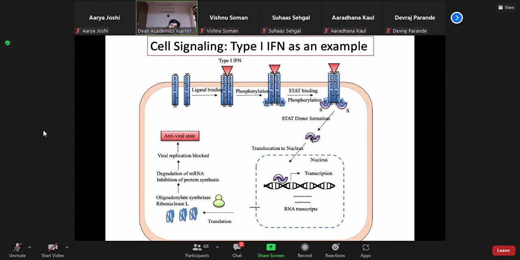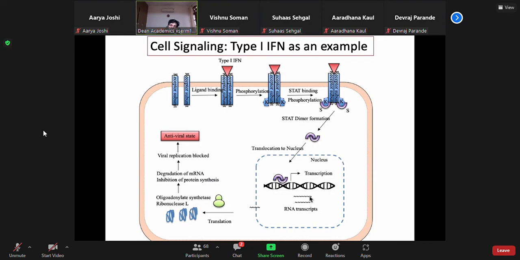These STAT dimers translocate to the nucleus, right? In the nucleus, they bind to the promoter region of different genes and bring about the transcription of these genes. Many of these genes, which are induced as a result of type 1 interferon signaling, we call